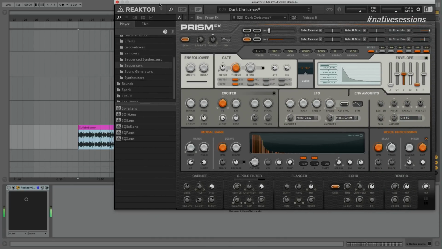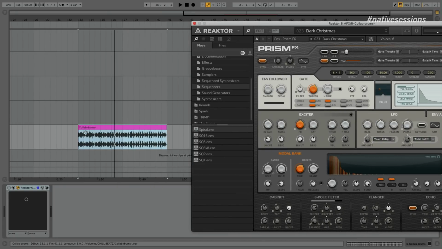Then there's a REAKTOR effects thing called Prism, which is really fun because it's one of those tools where you can put something in and get something completely different out, which is what I'm looking for in this part of the composition stage.